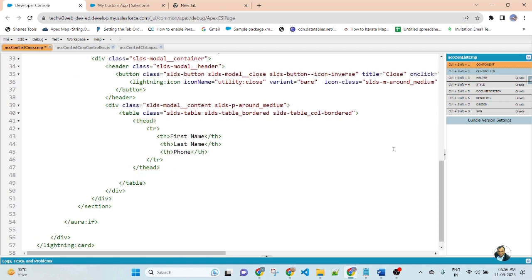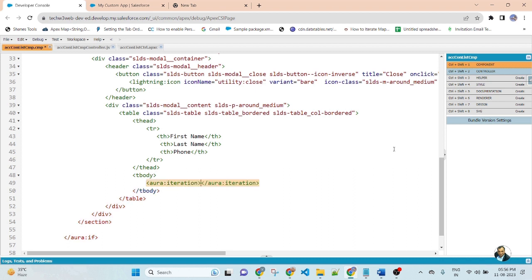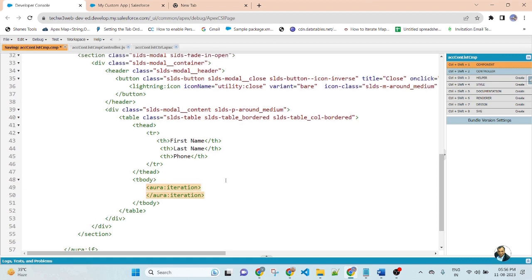After thead, I will use tbody. Inside the tbody, I will create tr. So data will be coming dynamically, so here I will apply aura:iteration. I created a contact type list here.